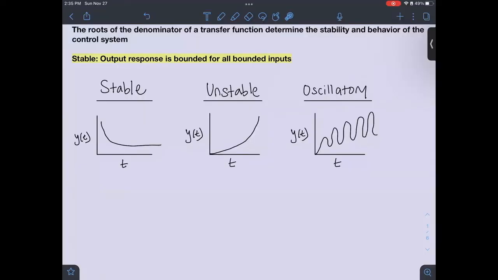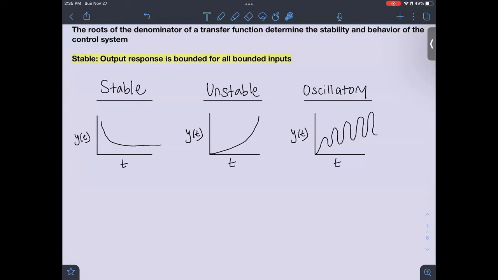I'm going to be introducing this topic and talking about how transfer functions can determine the stability of the control system. The roots of the denominator of the transfer function are what determine the stability and behavior of the control system. You can have three main behaviors for a control system, where it's stable,